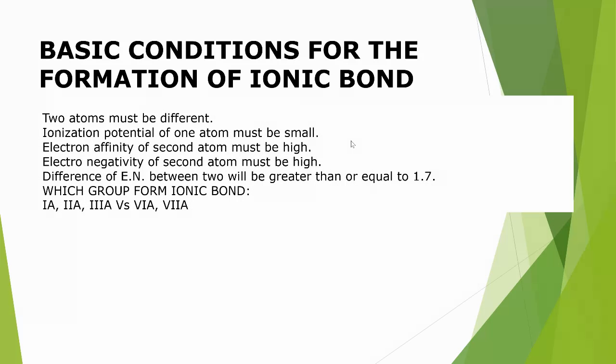Basic conditions for formation of ionic bonds. Two atoms must be different. Ionization potential of one atom must be small. Electron affinity of the second atom must be high. Electronegativity of the second atom must also be high. Difference between electronegativities between the two